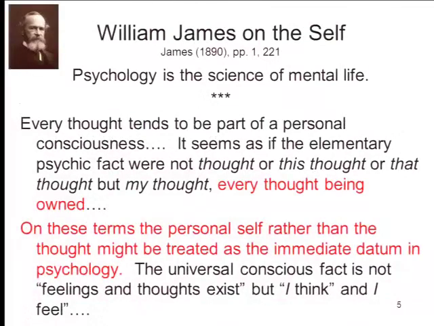So this idea that the self is somehow important for understanding cognition in general goes back a long way to William James, who had this idea in his writings about consciousness. Take my consciousness course, you'll hear more about this. One of the interesting things about consciousness is that there's a sense of ownership that a person has over his or her thoughts. That is, I've got thoughts running around in my head, and I know they're mine, and they're distinct from whatever thoughts you have that are running around in your head. But the way you put it is every thought is being owned. That is, you possess your own thoughts, your own percepts, your own memories.